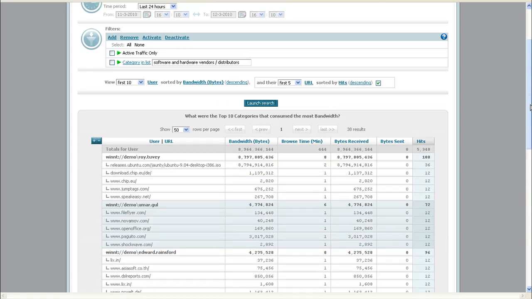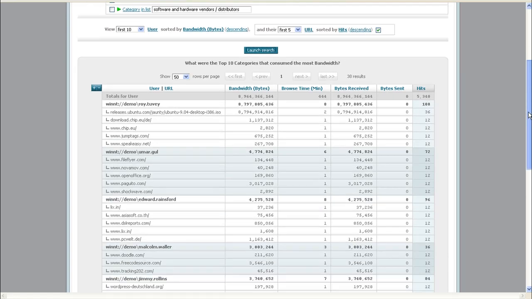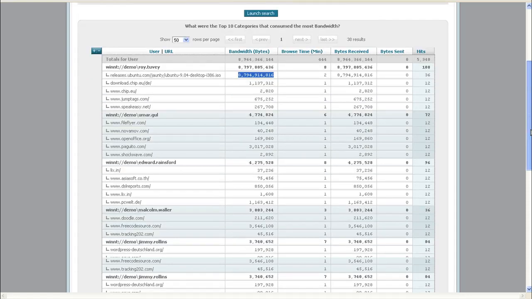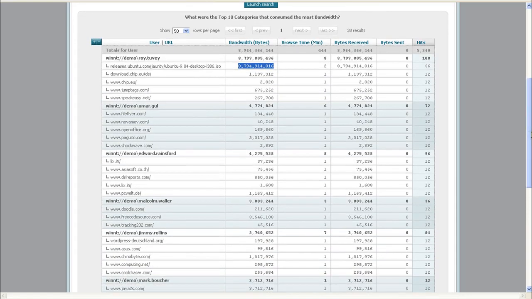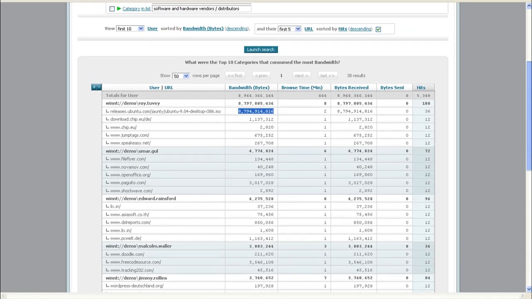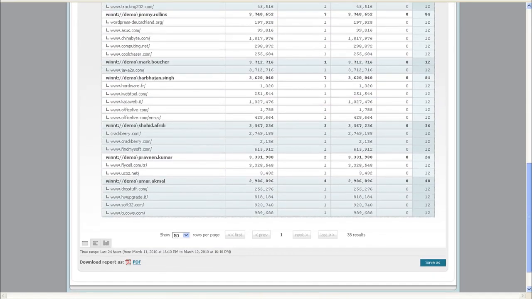And then it becomes immediately obvious in this report that this user, the top user, was downloading a file or a file multiple times, generating a large amount of data. So you can see you can very quickly use this as a tool to find out what's going on the network, where the users are going, the categories being used most. It's very helpful. We can scroll down to the bottom, save this report